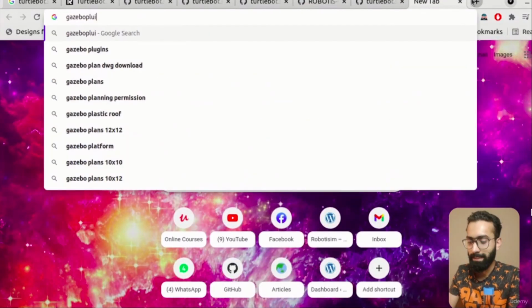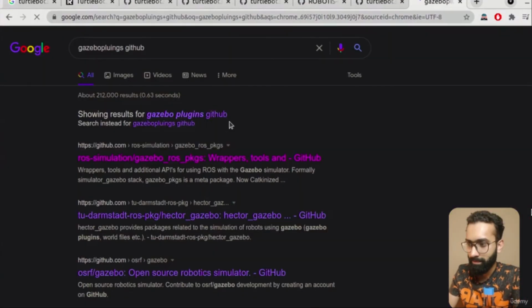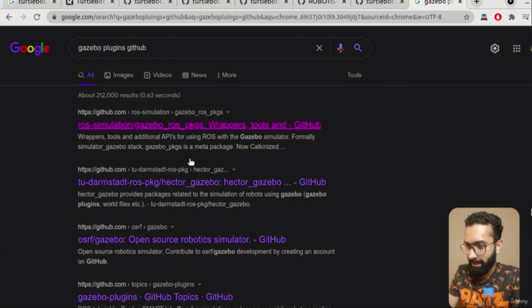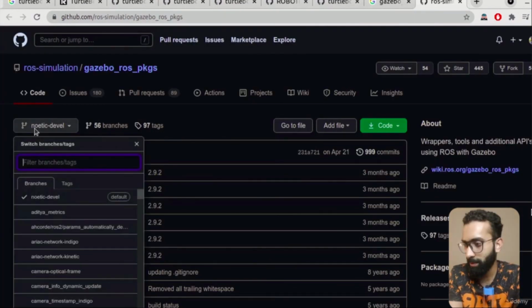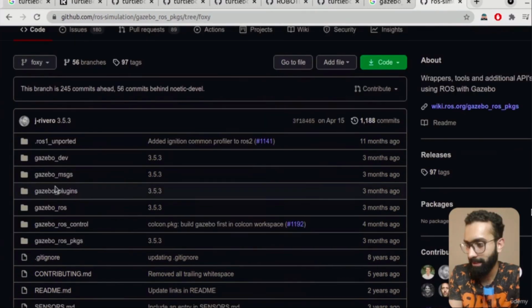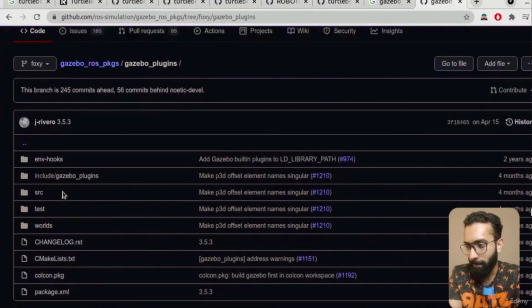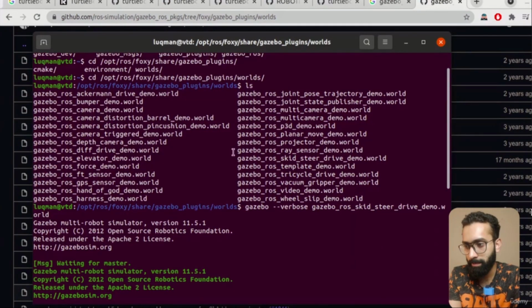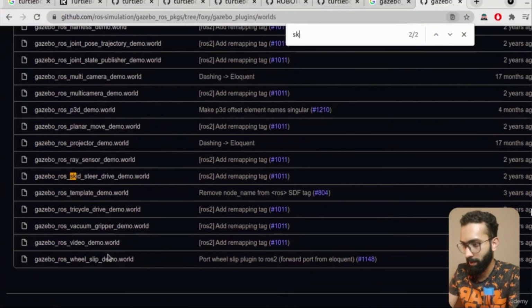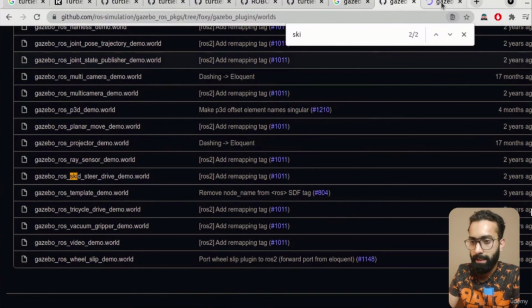Gazebo plugins GitHub. So let's find it. I think it is not there. So here we are. It is the Noetic development branch. We are developing on ROS 2, so we have to select Foxy specifically. We select Foxy here, and then we'll go into gazebo_plugins, and then worlds, and all of these files are available that we were looking into in our installed package. And what I just want to show you, what we opened was skid steering, right? And if we look into its code,